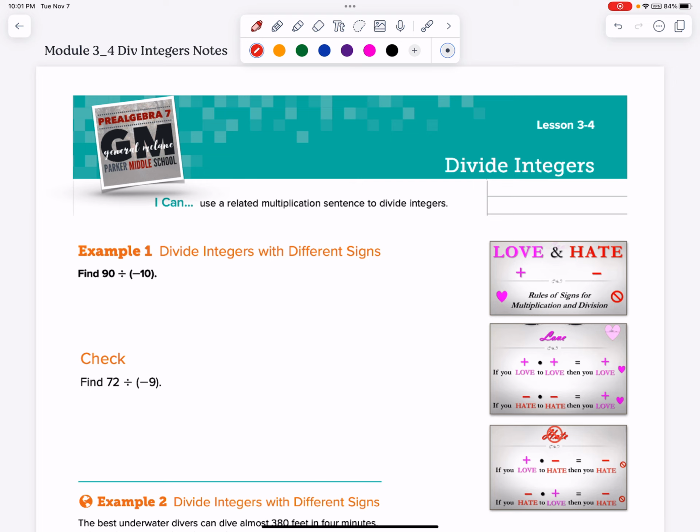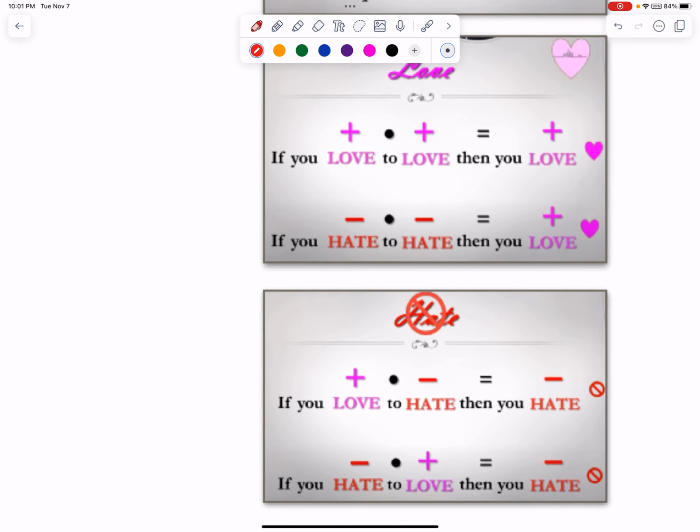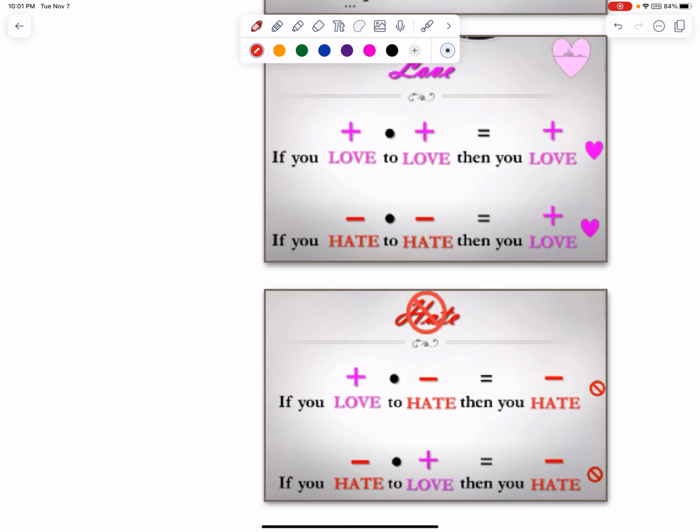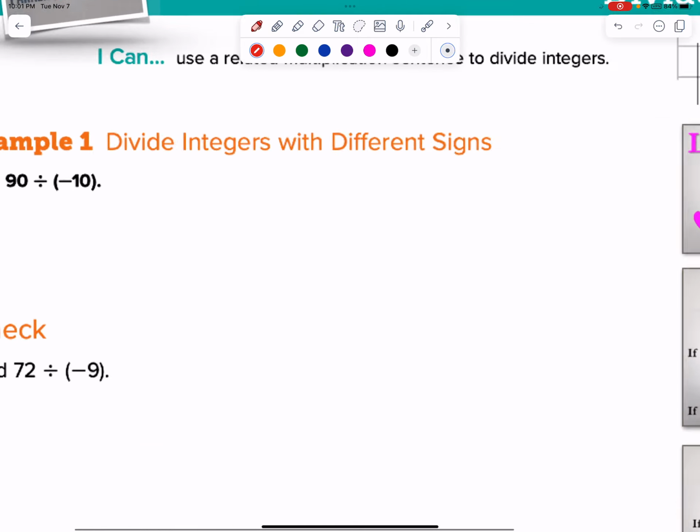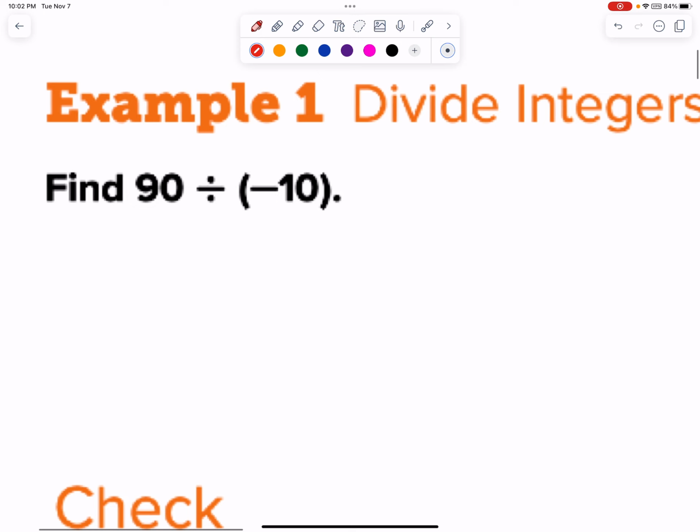So remember yesterday we talked about the concept of multiplying integers, and we also gave you this trick to remember what the results would be based on what signs you're multiplying. And so we're going to continue that today. Remember that division is just the inverse of multiplication. So you can look at that as a